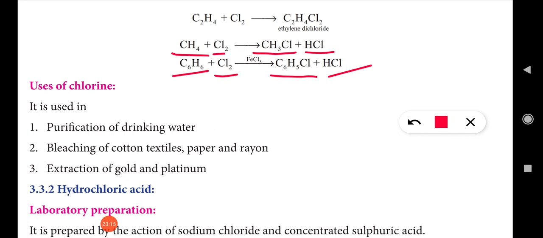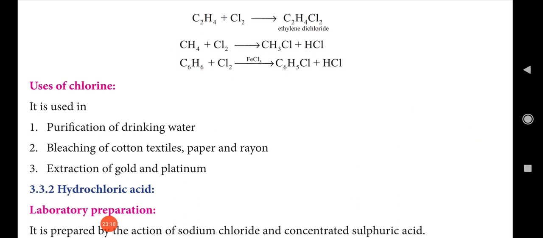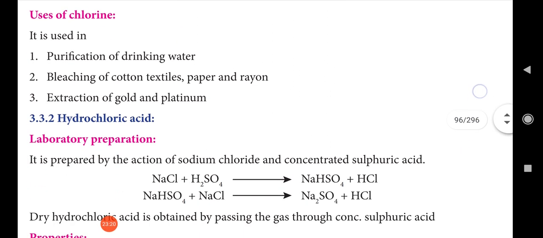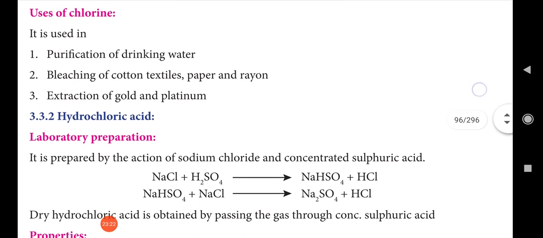That's all about the chemical properties of chlorine. Next, uses of chlorine. The main use of chlorine is as a disinfectant to purify water, to purify drinking water. Now Cauvery water and so on, sometimes